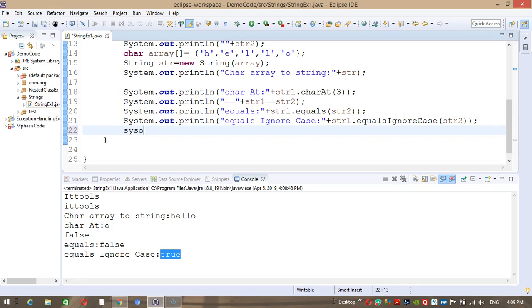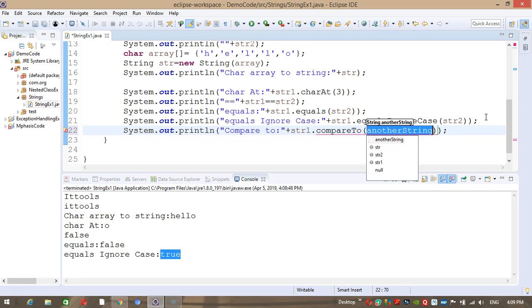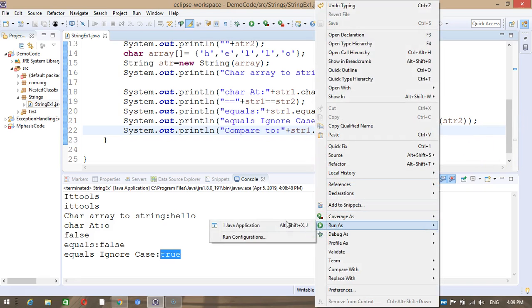Now it provides the compareTo method. So the compareTo method returns an integer value. If both the strings are equal, it will return 0. If string 1 is greater than string 2, it will return a positive integer value.